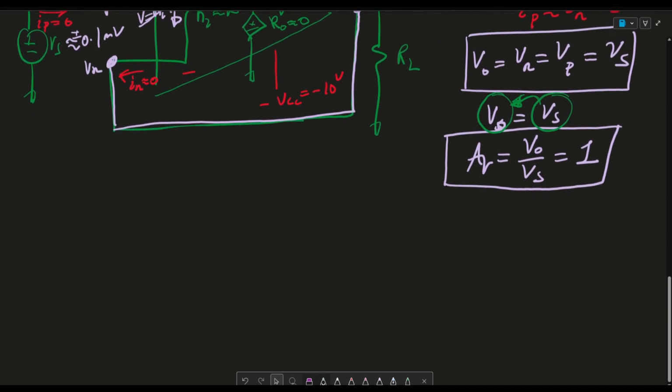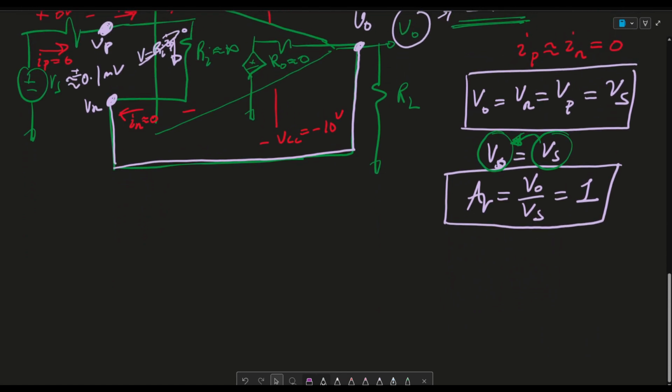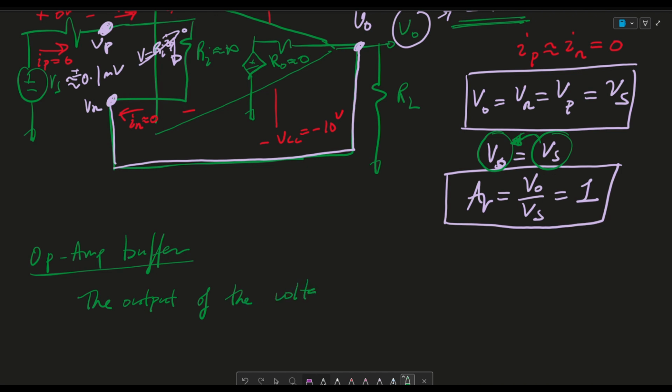So what I'd like to do now is define the actual definition of an op-amp buffer. It's pretty straightforward. It says that the output of the voltage buffer or follower basically follows, and this is important, the input voltage signal or source